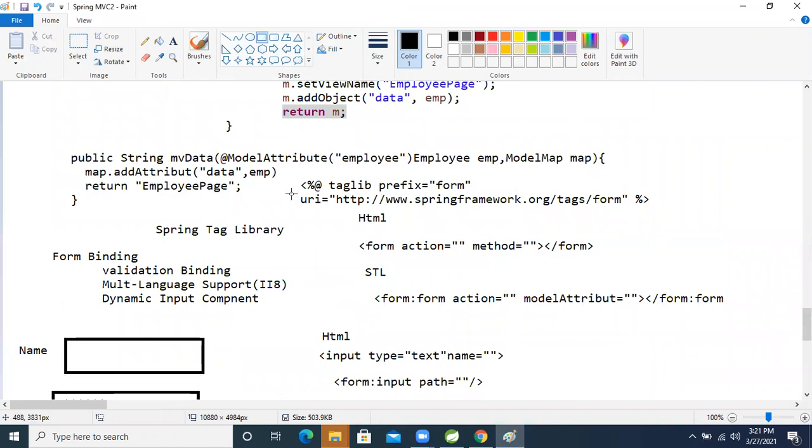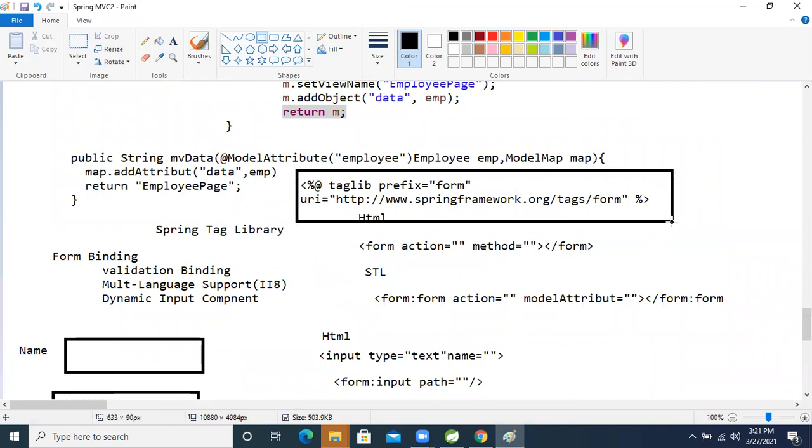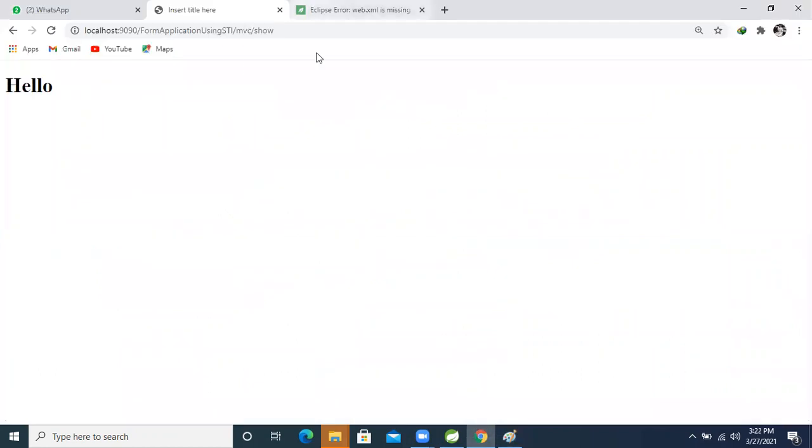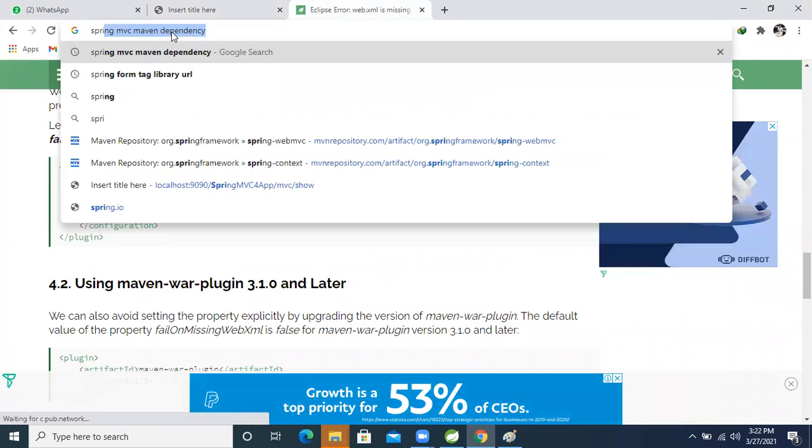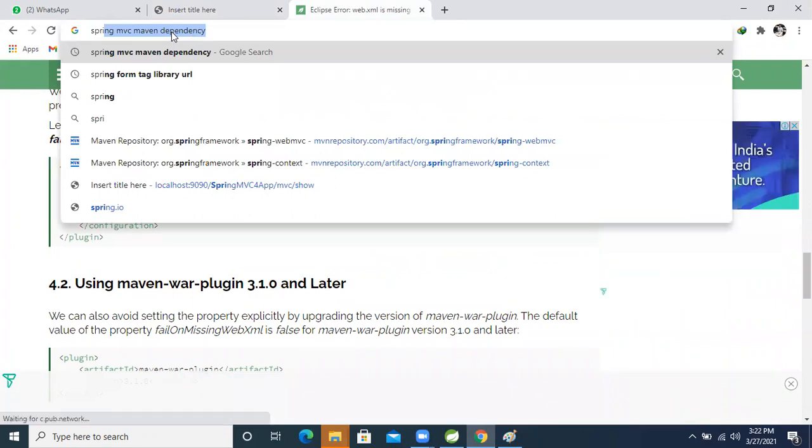So for that, first we need to put this one. How can we get it? Again, on the internet, Spring Form tag library.